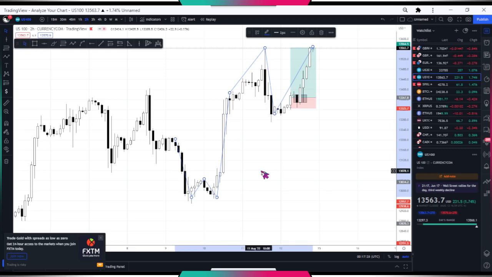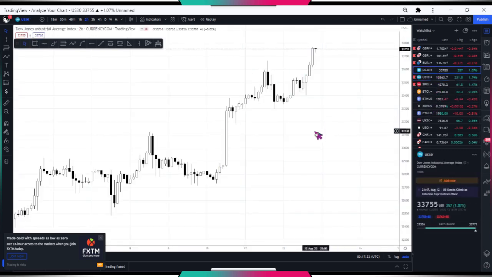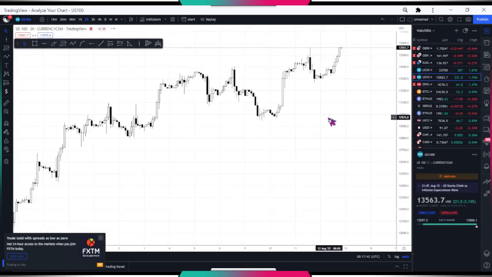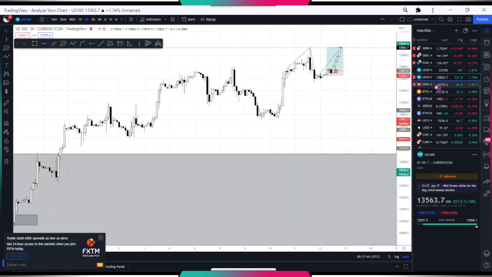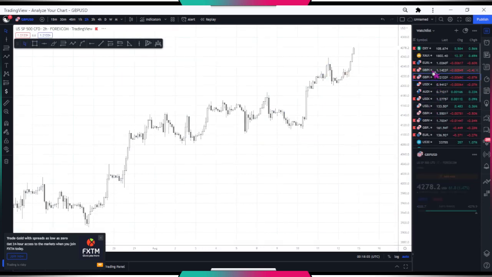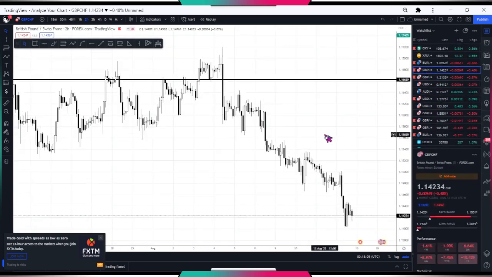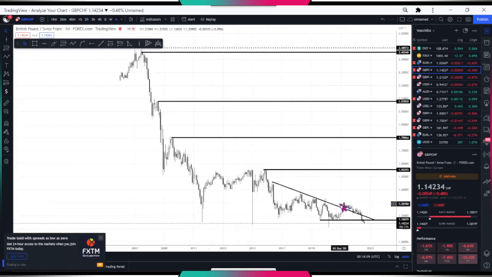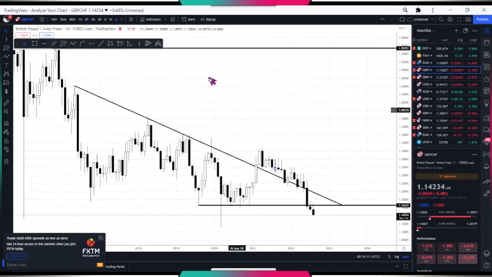Okay, so same with US30. These pairs actually move in sync, or in the same direction, with S&P 500. And for GBPCHF, if we switch to the Swiss franc, moving on to the monthly time frame, you could see the